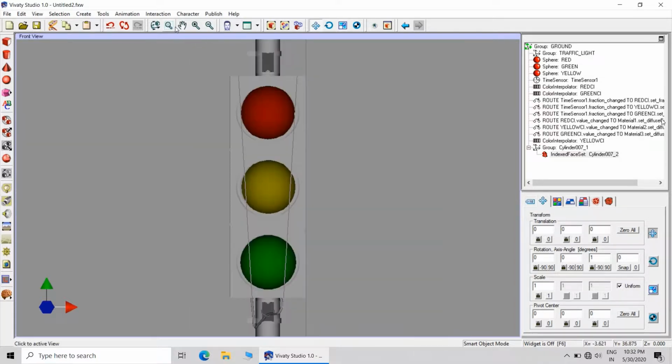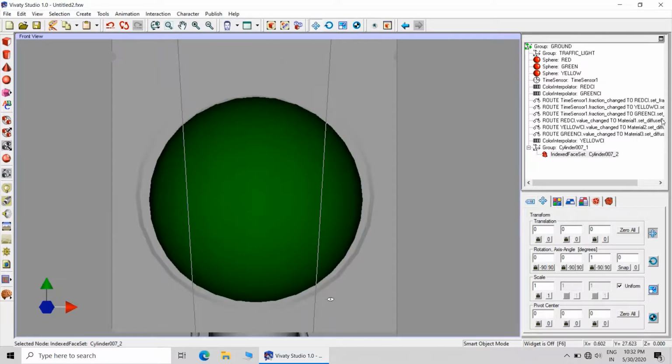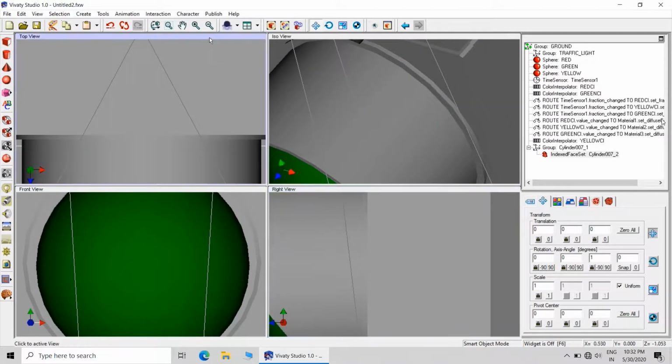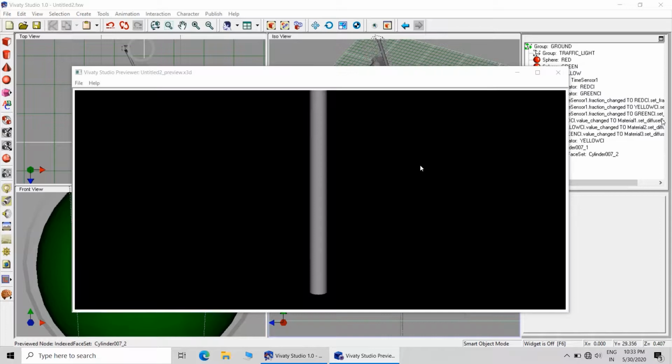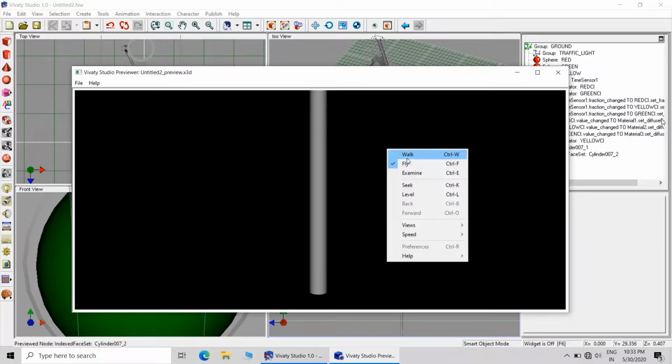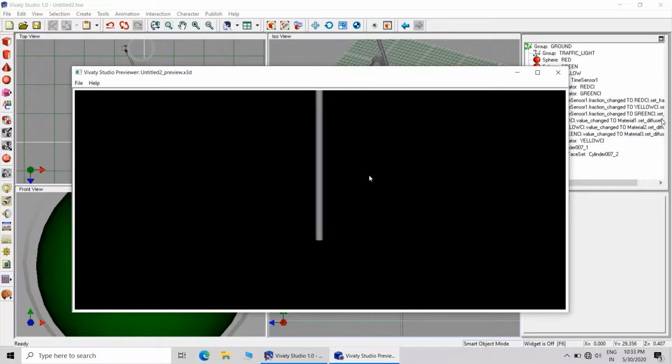Of course, I have downloaded this particular traffic lamp assembly from the website. It is always better to download because, as I have said in my earlier videos also, we will be concentrating on logic building, not on modeling. Modeling is something most people know very well, particularly if they are from the mechanical stream.